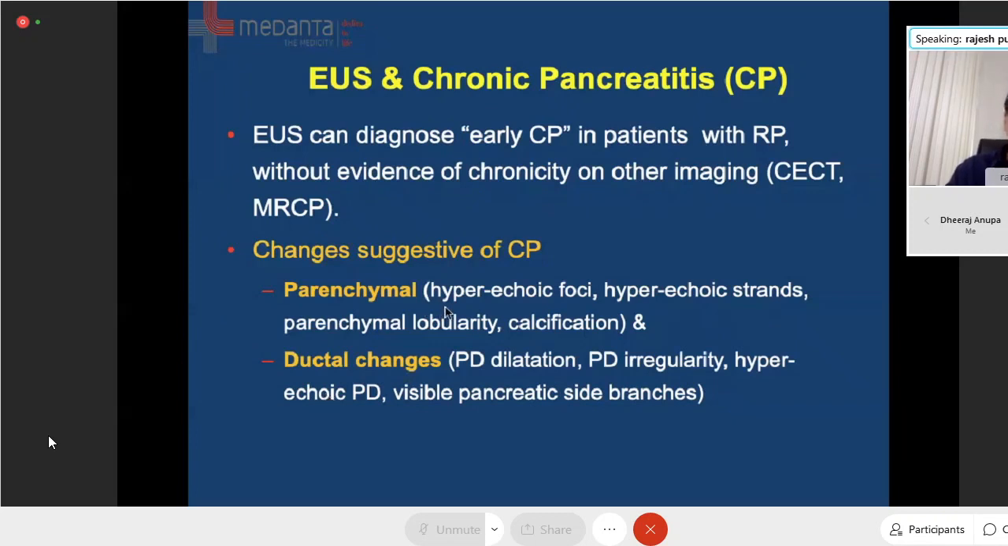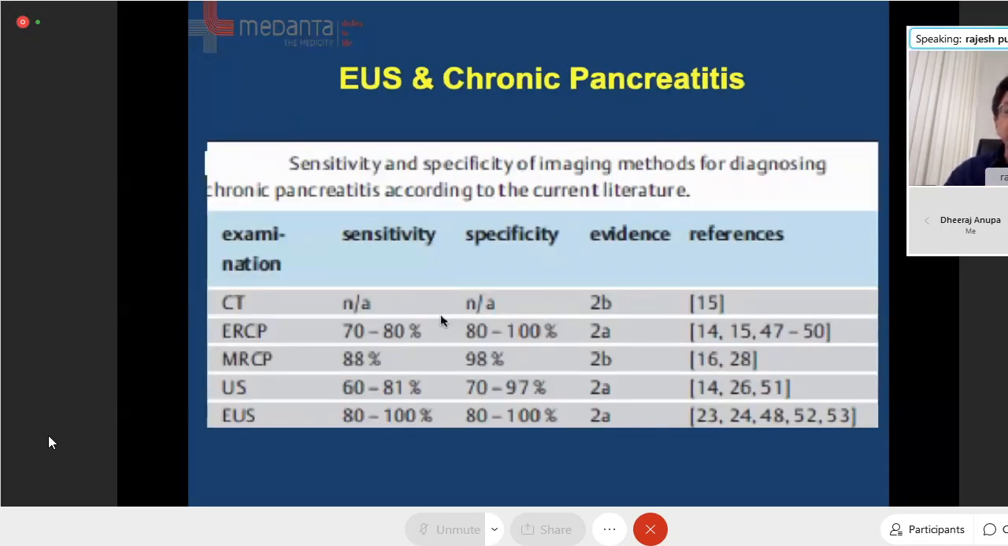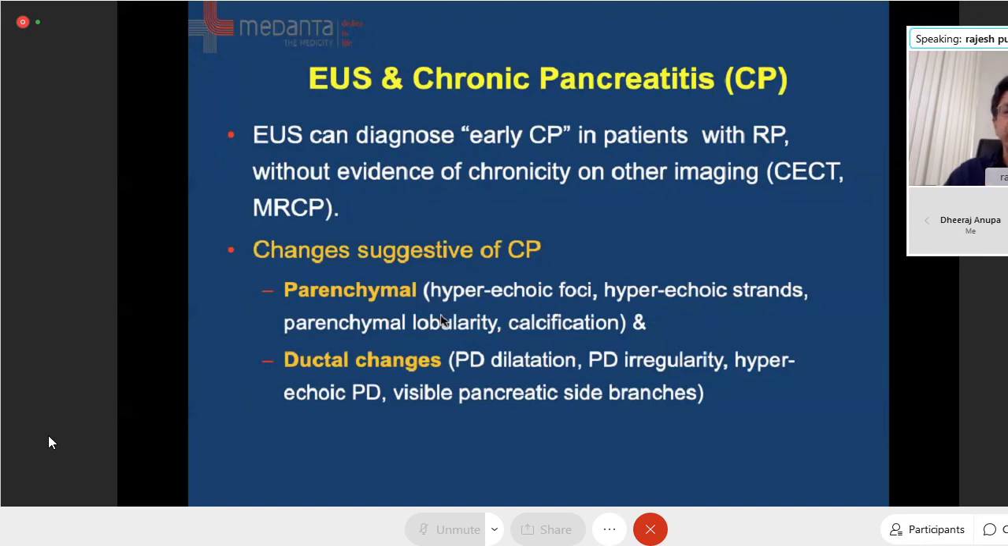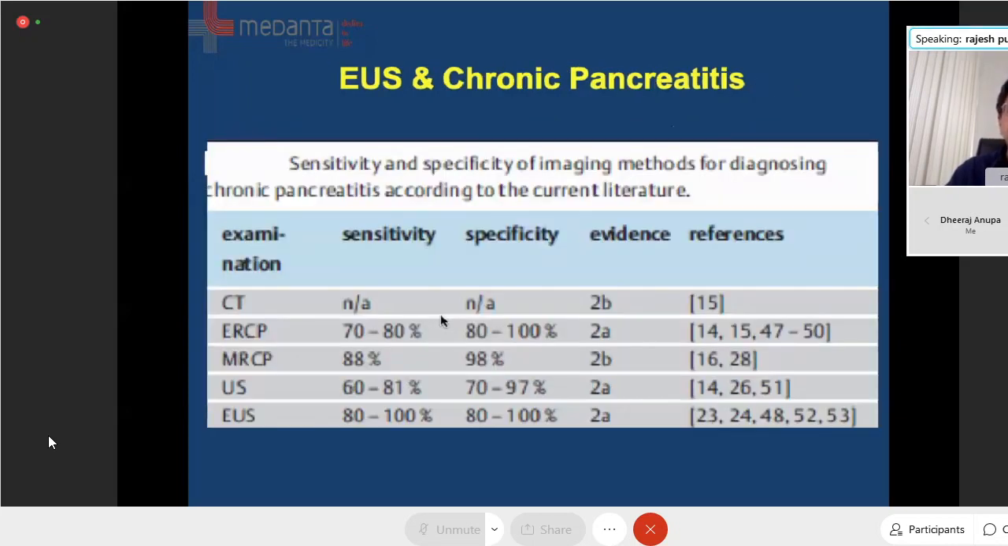As a DNB student, it is important for you to know the early chronic pancreatitis changes: hyperechoic foci, hyperechoic strands, lobulation, and calcification in the pancreatic parenchyma. These are 4 pancreatic parenchymal changes, and there are 5 ductal changes: pancreatic duct dilatation, ductal irregularities, hyperechoic pancreatic duct, and visible pancreatic side branches. Out of these 9, if 4 criteria are present, then you can say this patient has a possibility of chronic pancreatitis. You can prognosticate the family. This recurrent pancreatitis could be because of early chronic pancreatitis, and within a few years this patient is going to develop chronic pancreatitis. When you compare with CP, EUS has a higher sensitivity and specificity in comparison to